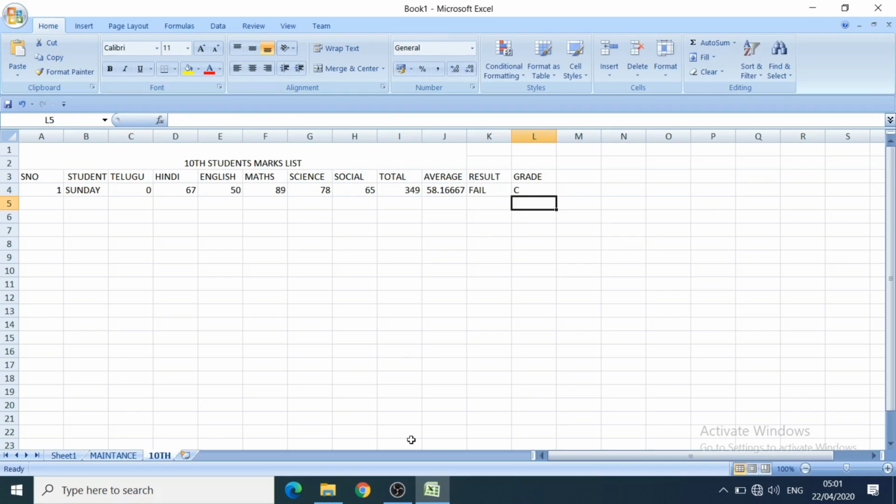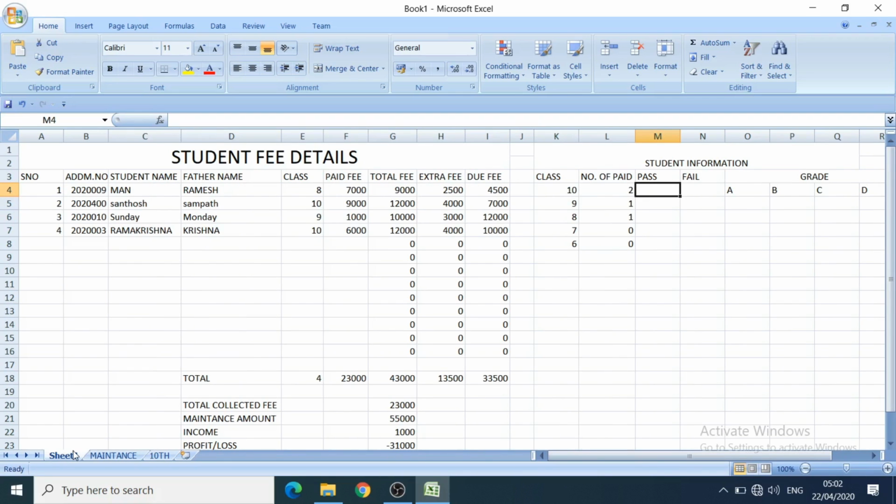Once we have entered this, now we have to display the result in the seat for 10th class. Here we can take COUNTIF.